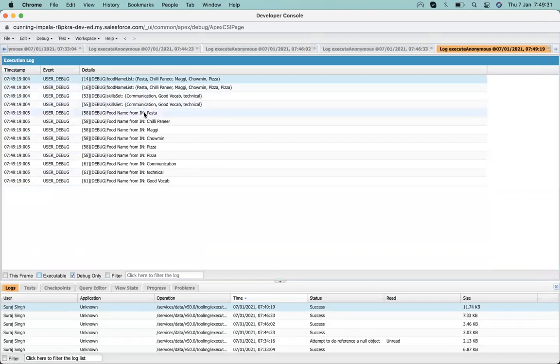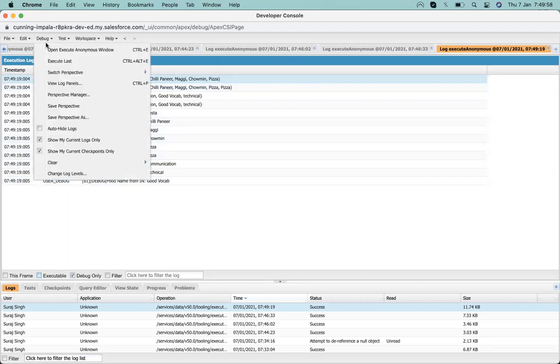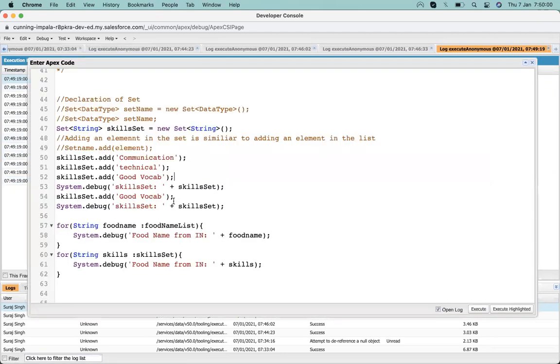Okay, so you can see that this is up to the list, and then we have got the set. We get the set and we got the list values. Performing operations on the values is done in the same way as we do with the list. It is the same how we perform operations on a set or a list.